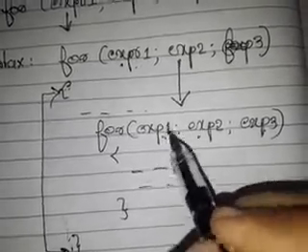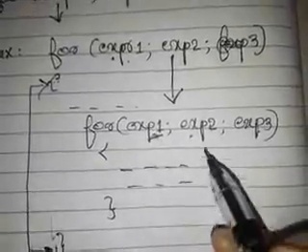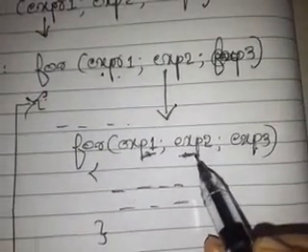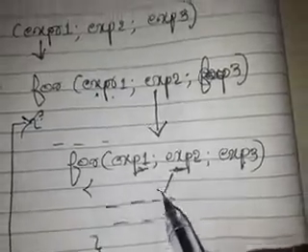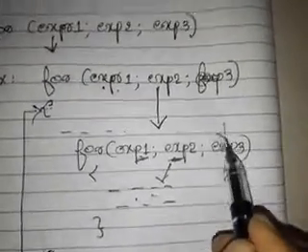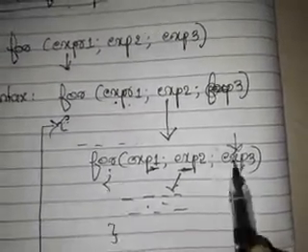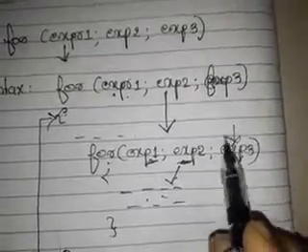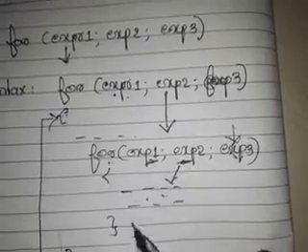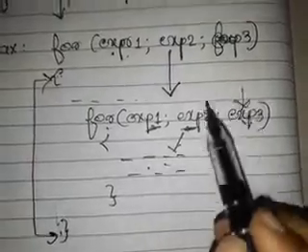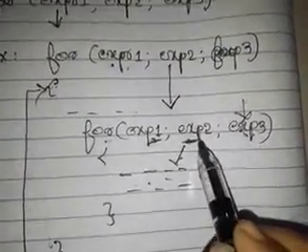So for that other for loop, initialization takes place. Expression 2, the conditional expression, will be checked. If it is true, the body of the inner for loop executes. Once it is executed, expression 3 of the inside for loop is executed, that is nothing but updating the value of the control variable. Next the condition will be checked, and the body of the inner for loop executes. This cycle repeats till this particular condition becomes false.